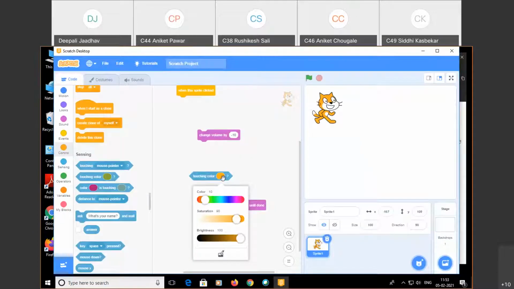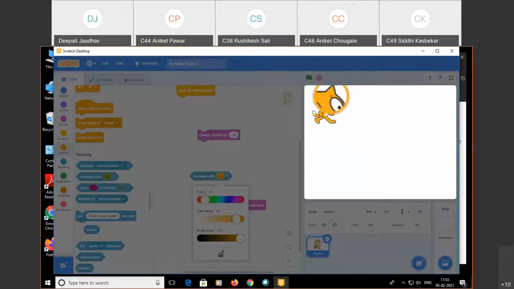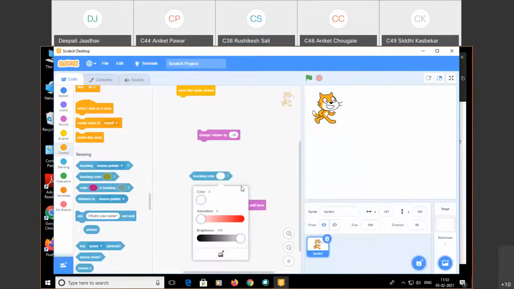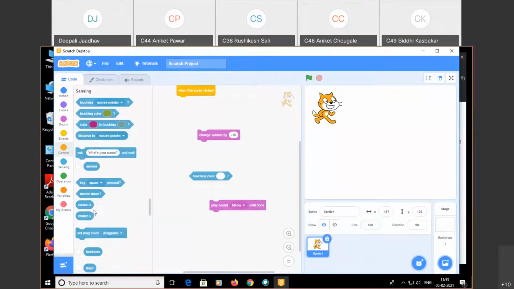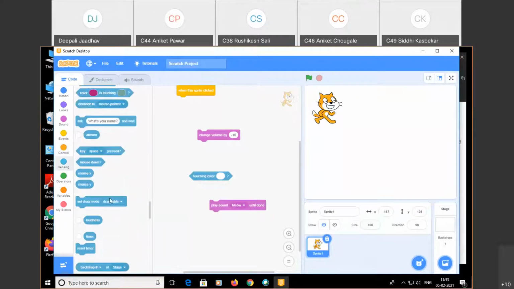Now you can observe the color is changed. Whatever sprite is available, if you want the white color, choose that white color. When it touches that color, it executes the next one. So touching color, distance, key, mouse down, mouse clicks are available in sensing, timer, etc.